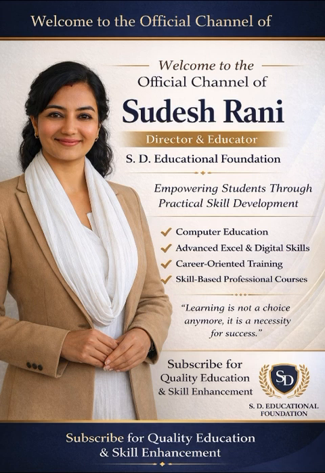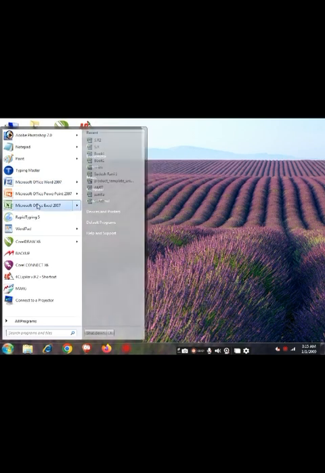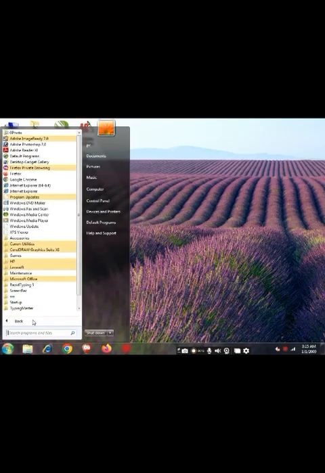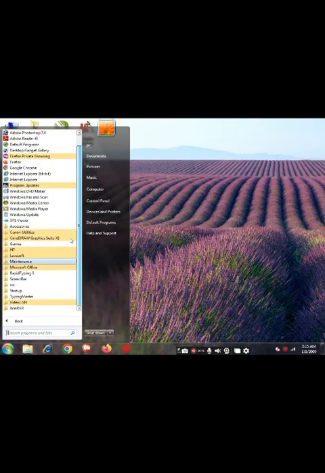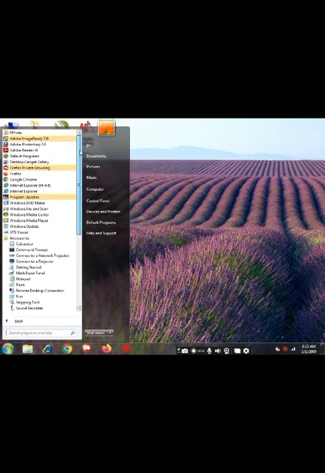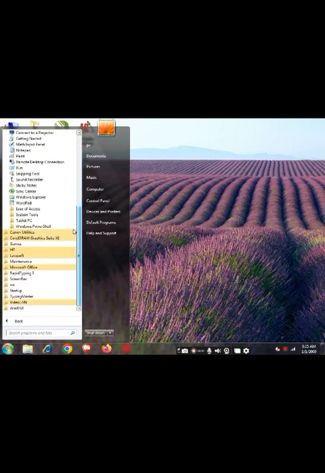For this, firstly we will open our Excel software. We will go to the start button and the start menu will open. We get the Excel software here. If we are not getting it here, then we will go to All Programs. We will click on it and check properly by scrolling up and down. If we still don't find it, then we will go to the Accessory group. The Accessory group has all types of software that we have installed in our system. By scrolling up and down, we will check properly. Here we will definitely get the Microsoft Excel software.